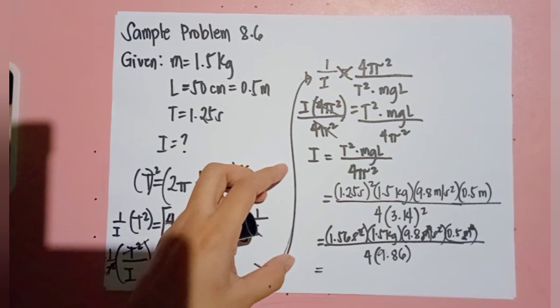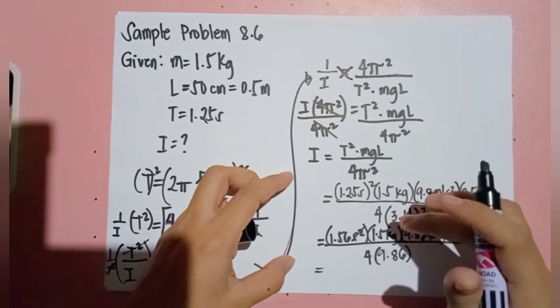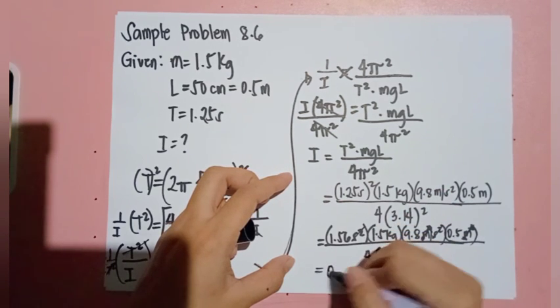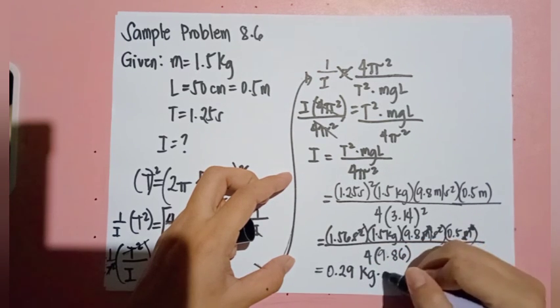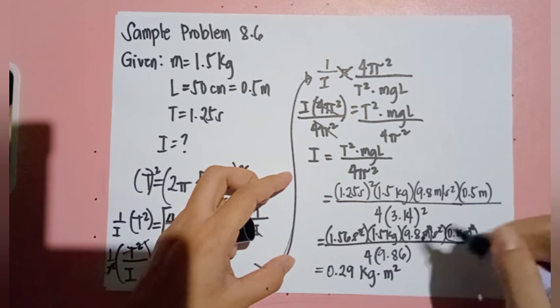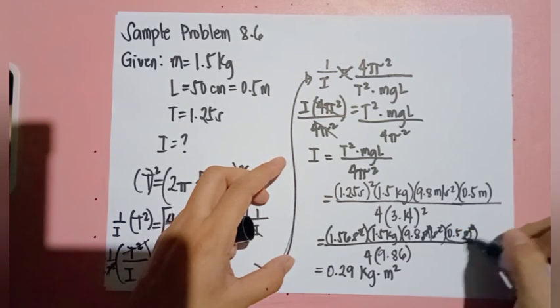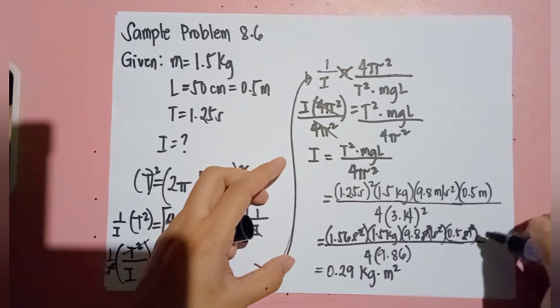We have 11.466 divided by 4 times 9.86. So we get 0.29. The unit is kilogram meter squared. Nothing is cancelled here. Sorry, I made a mistake. They are both in the numerator. So instead